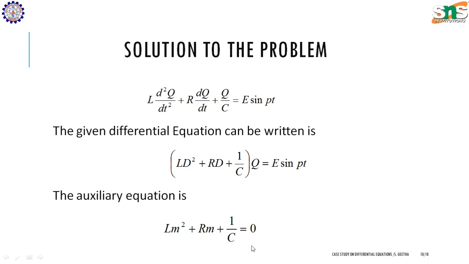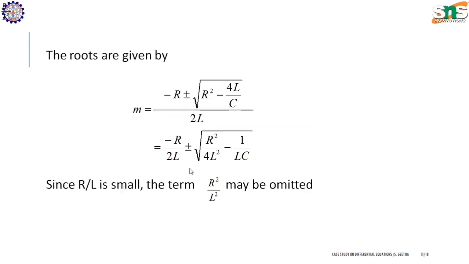For solving this equation, we have to use the formula minus b plus or minus square root of b square minus 4ac divided by 2a. Here a is nothing but L, b is nothing but R, and c is nothing but 1 by C. Using this, the roots are given by m is equal to minus R plus or minus square root of R